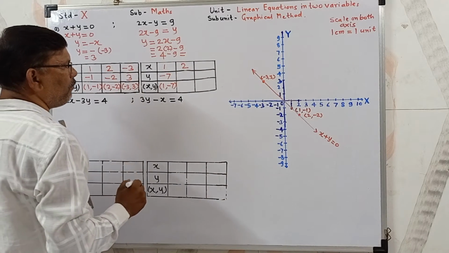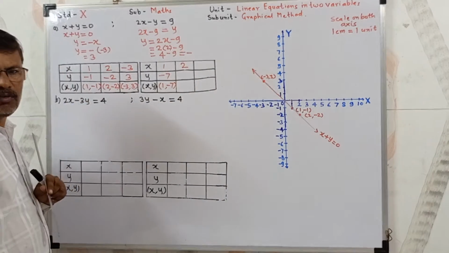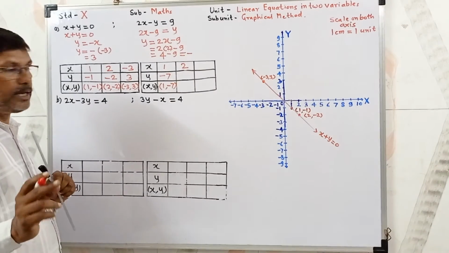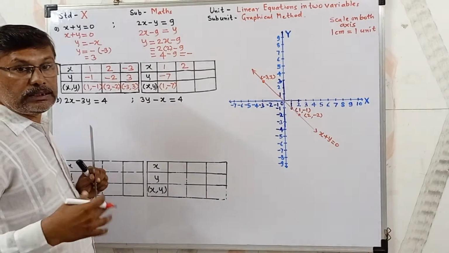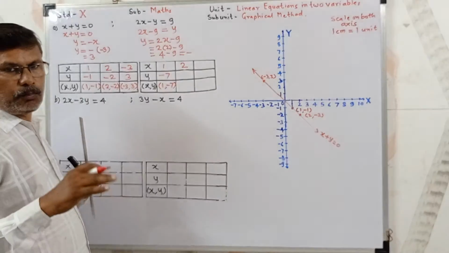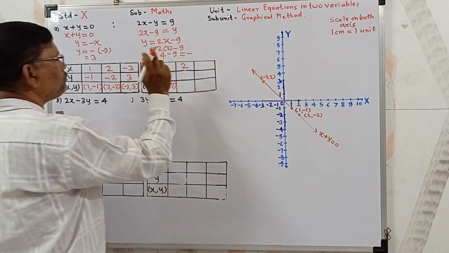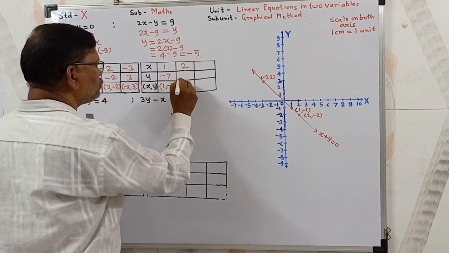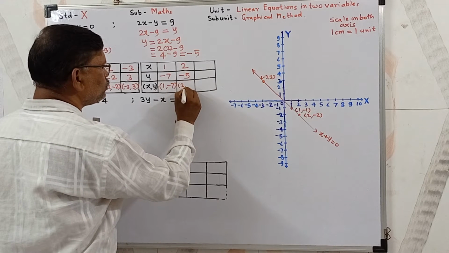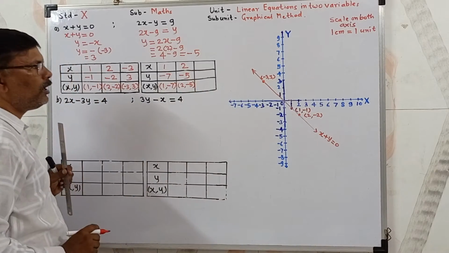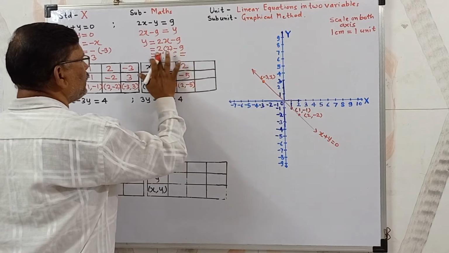The bigger number is 9. So first we write the sign of the bigger number, that is minus. Then these both numbers have different signs. So when both the numbers have different signs, we must do subtraction. 9 minus 4 is 5. So y is equal to minus 5. So the point is 2, minus 5. Understood? Okay.